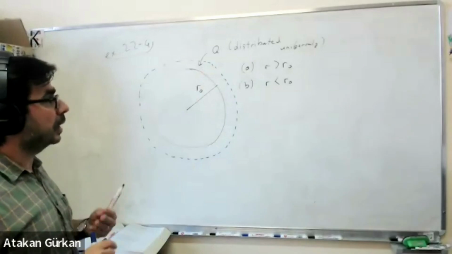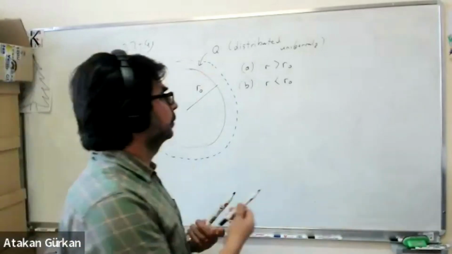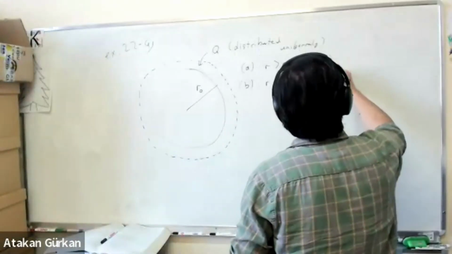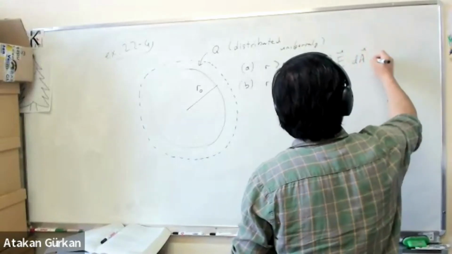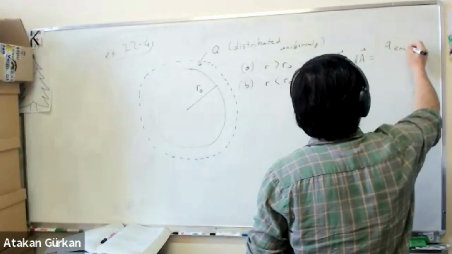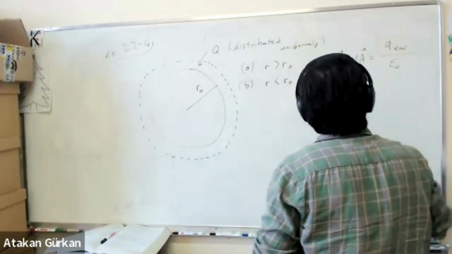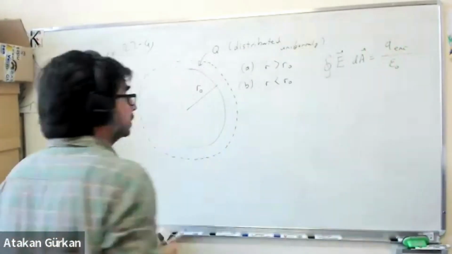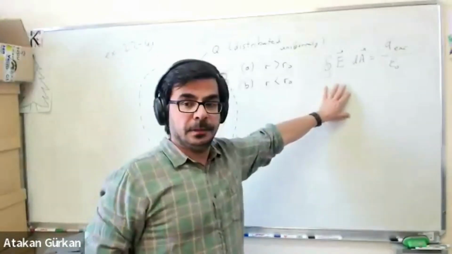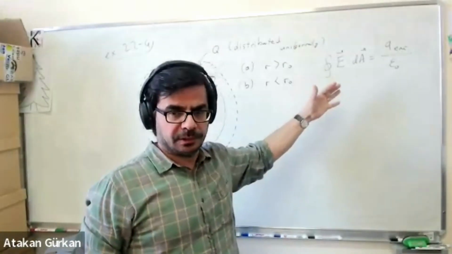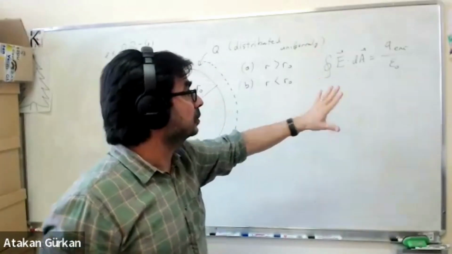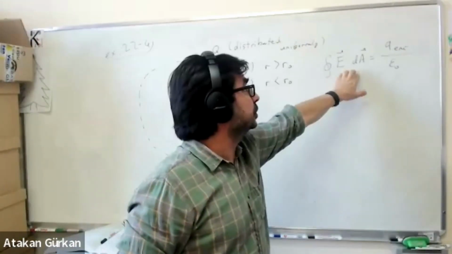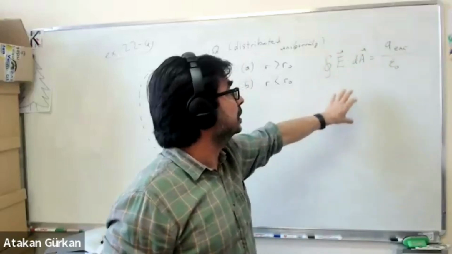Now, why is this? Because we want to apply this formula, Gauss's law: the integral of E dot dA is Q enclosed divided by epsilon naught. But we don't want to take this integral. If we have to take this integral, it's going to be quite hard. What we want to do is simplify things. To simplify things, we first need to get rid of the dot product, and then take this electric field